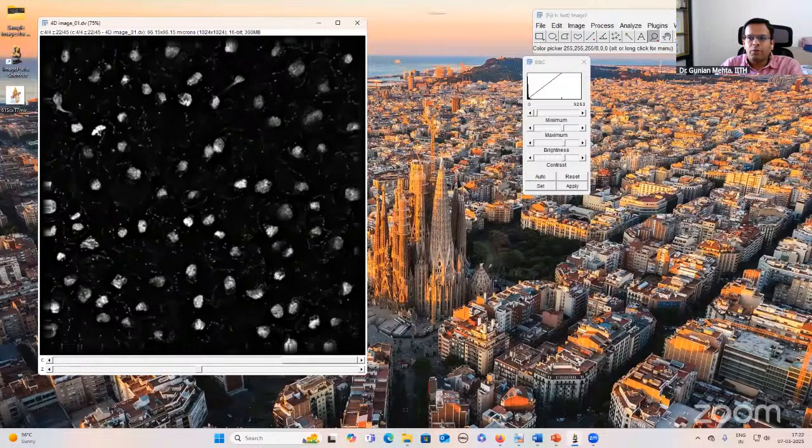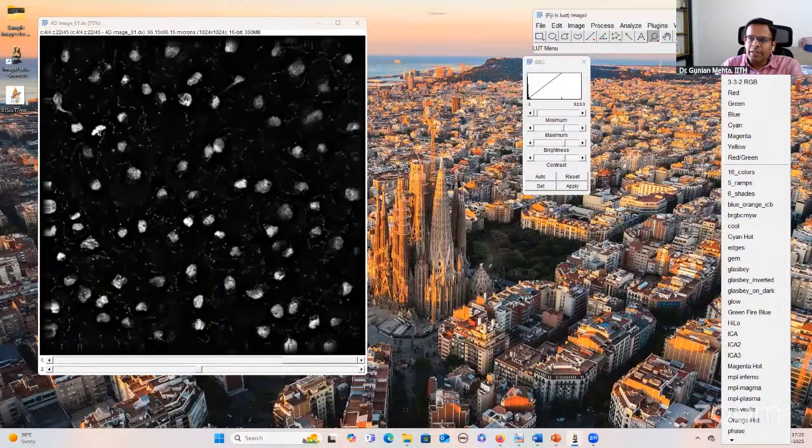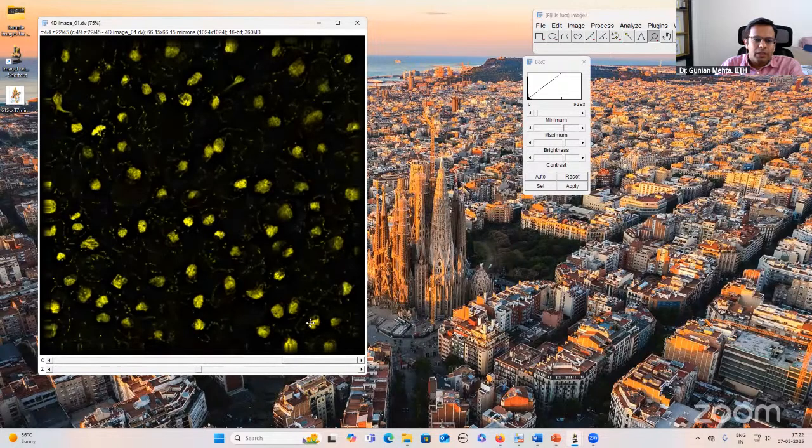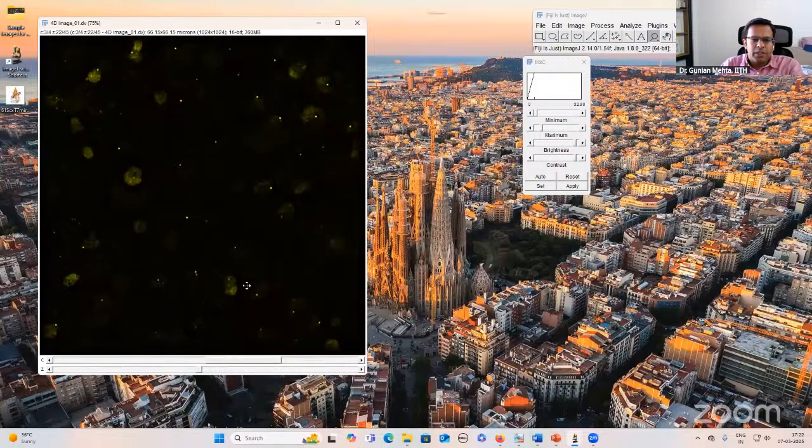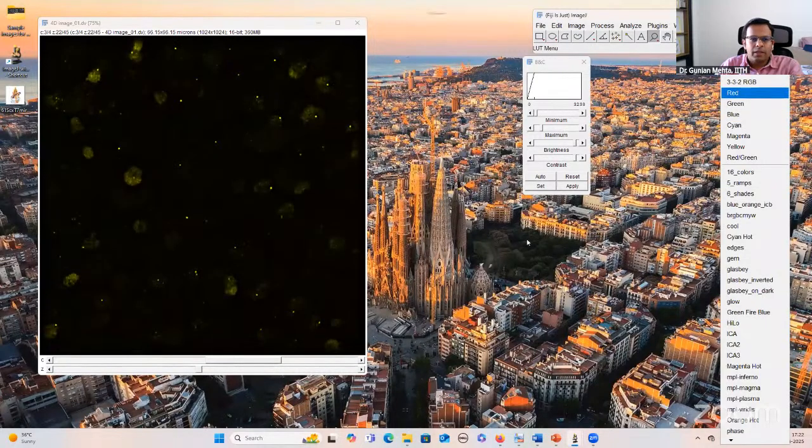So what I will do is go to this LUT tool in ImageJ, which stands for lookup table. Okay. There are several colors here, so I can select any color of my interest. Let's say I want to make the nuclei yellow in color. So I selected yellow. Then I will go to the 3rd channel, and I want to see this protein in red color, so I'll select red.